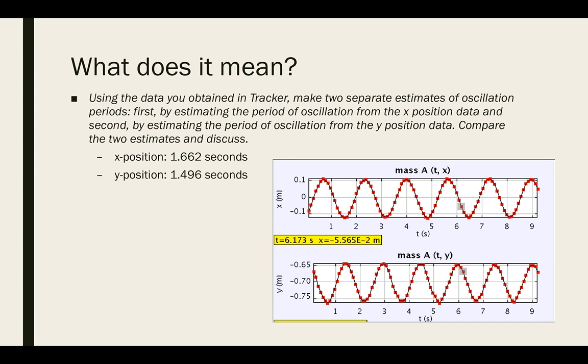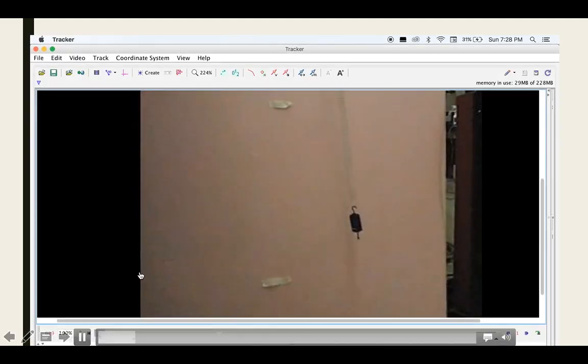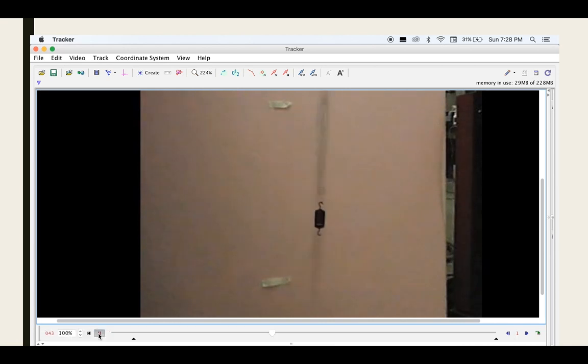This reveals it takes the mass about 0.2 seconds longer to complete one oscillation in the x direction than in the y direction. This discrepancy could be caused by the position in the mass's movement. As you can see, it moves in an elliptical motion that is wider than it is short. So this is why it would take less time to move